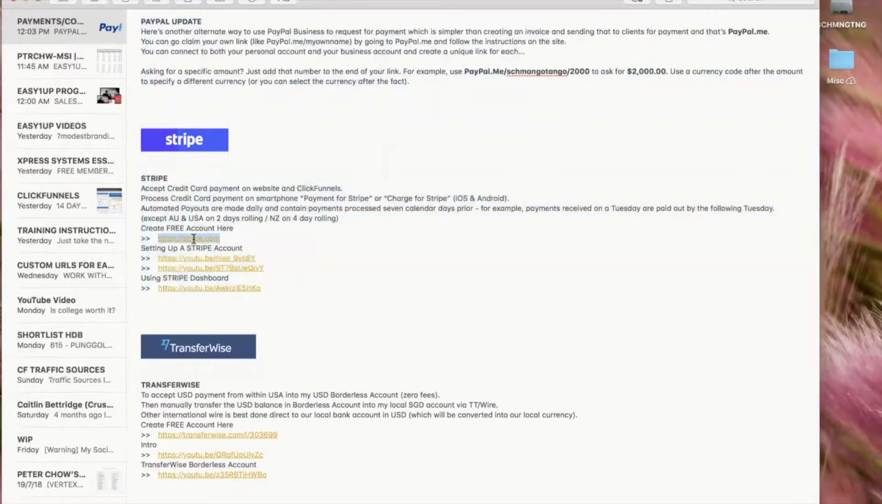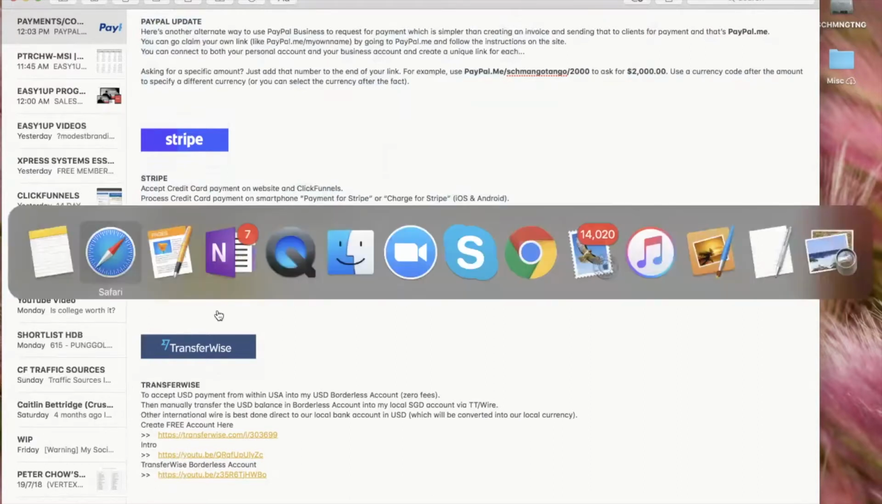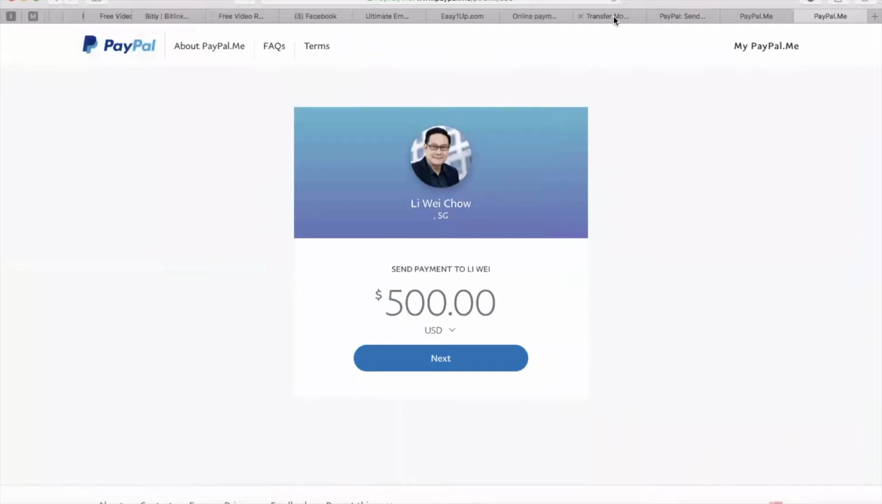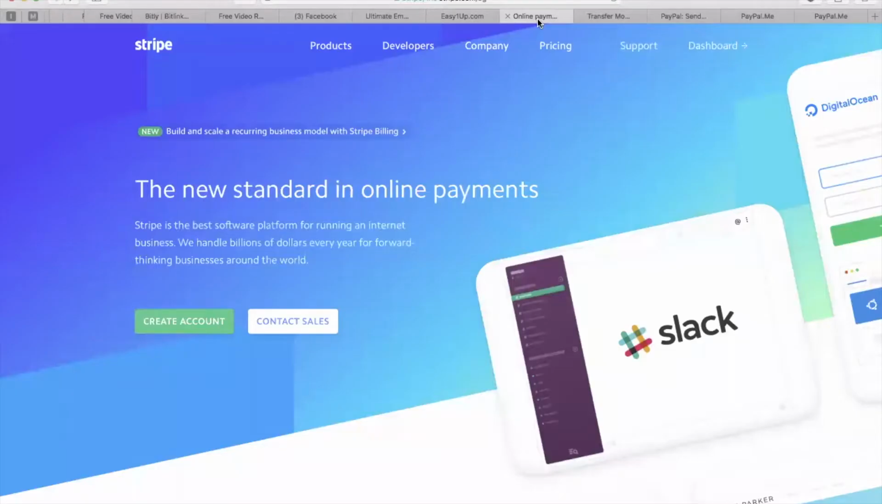Setting up an account here is free, and for setting up a Stripe account, you can look through these two videos and you will be able to learn how to do it yourself, and get more information about the Stripe dashboard and how to use it. It's very simple. Let me just show you. Stripe. Okay, so once you get in here,